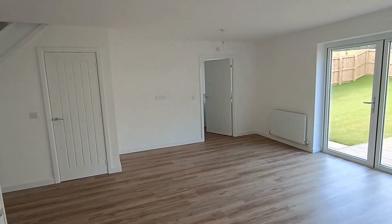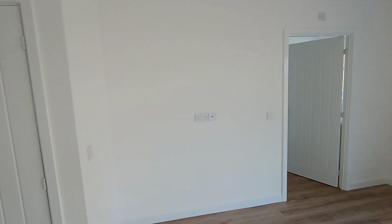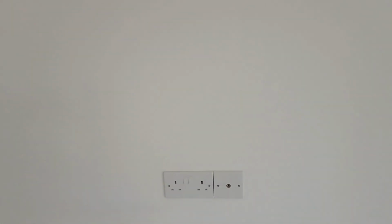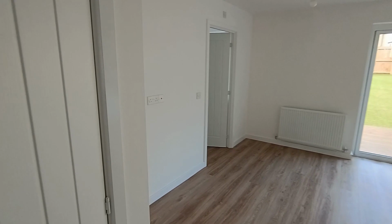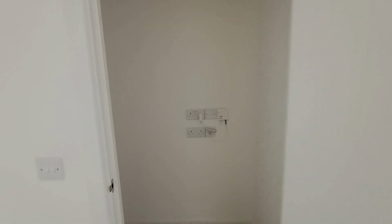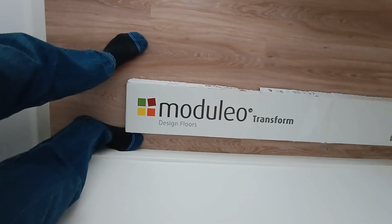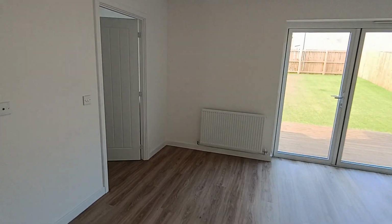So that's the kitchen, dining area. And I would imagine that's where the television would go, because they've got an external aerial socket here. Although I think most people nowadays use wireless transmission. So in the downstairs cupboard is where you have your internet connection, and this is the brand of flooring that they've used here. So there we go. But it gets more interesting on the ground floor, because as you go through this door